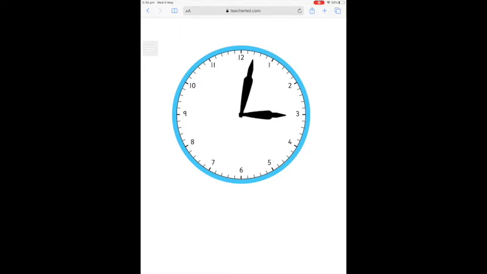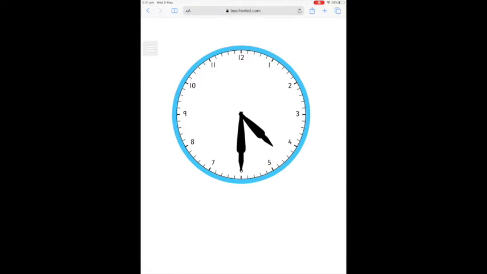Remember, our big hand always points to the minutes and our small hand points to the hour. So right now it is 3 o'clock. Remember, each new number is 5 minutes apart. 5, 10, 15, 20, 25, 30, 35, 40, 45, 50, 55, 60. 1 whole hour is 60 minutes and half an hour